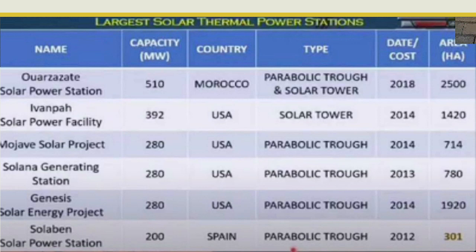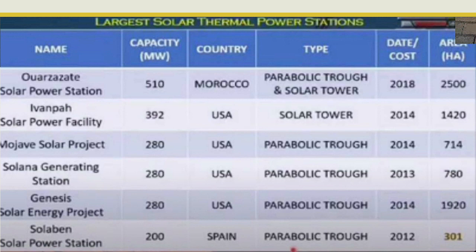We also have the Ivanpah Solar Power Facility, Mojave Solar Project, Solana Generating Station, and Genesis Solar Energy,